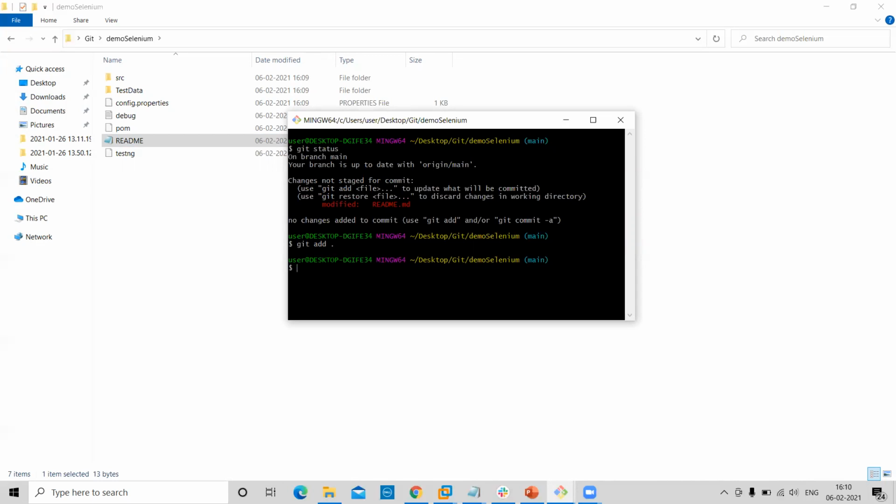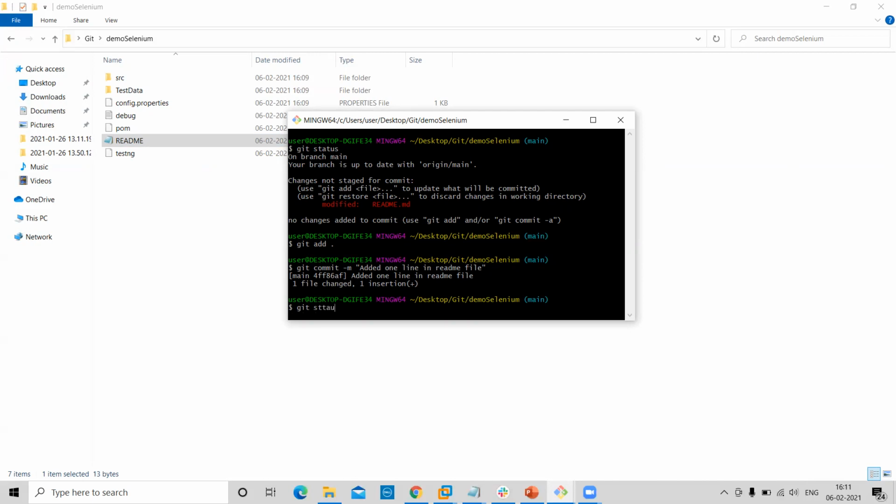Now the next command I need to run is commit, and pass the message: added one line in readme file. If we run the git commit command, these changes will be committed to the local repository, not the remote repository.